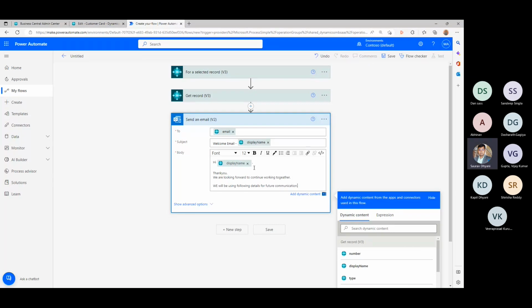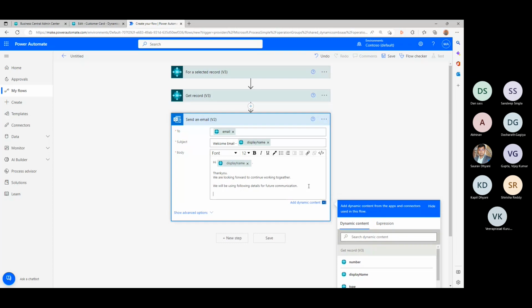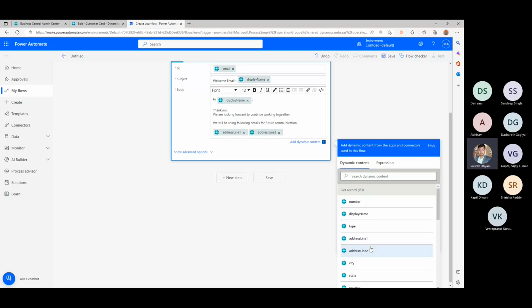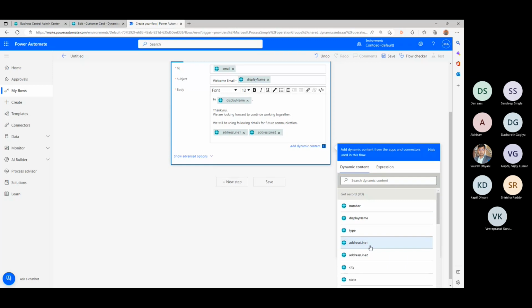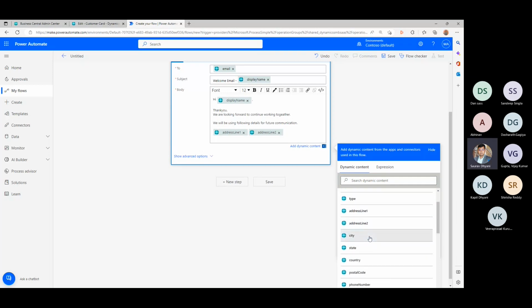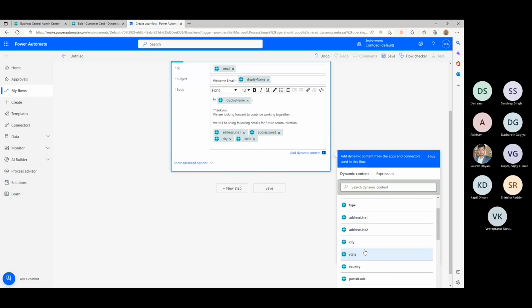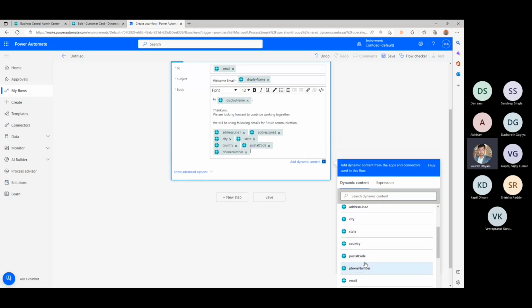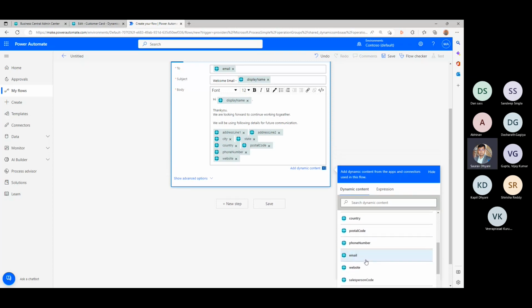And what we'll do is utilize all the address info from the customer card to get a verification from them. I can say, okay, we would like to utilize your address line one, address line two, let's say city, state, and country, postal code, phone numbers, email we have already done, and let's say website.